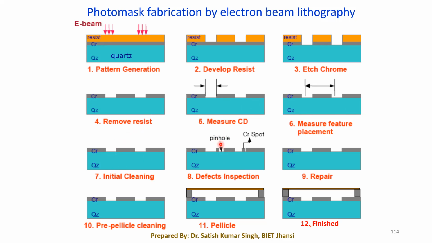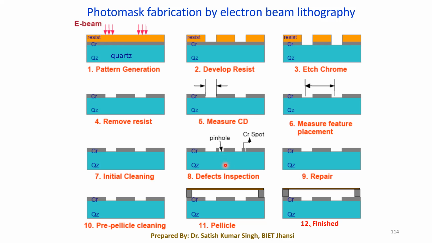Because some of the portion got removed, this type of defect is called pinholes. This particular chromium layer we do not want removed, but it happens because of the wrong pattern generation, or because of misalignment of the substrate to your electron beam generation. Whatever the cause, if a pinhole is detected,